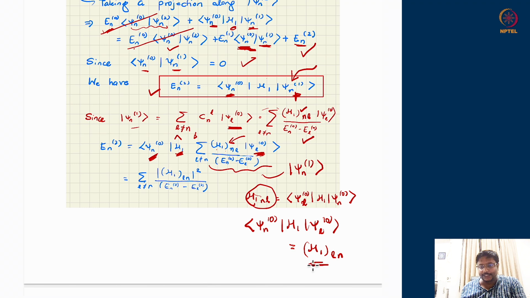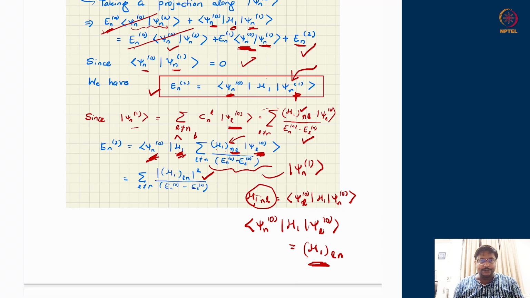So you see this is h1 ln, and already there is a h1 nl, the off diagonal terms of row and columns reversed. And since Hamiltonian is a Hermitian operator, their off diagonal elements are complex conjugate of each other. So h1nl and this combined gives you h1ln. They are just complex conjugate of each other. Therefore, you will get a mod square of one of them, h1ln mod square.